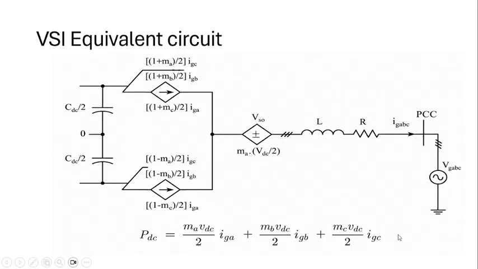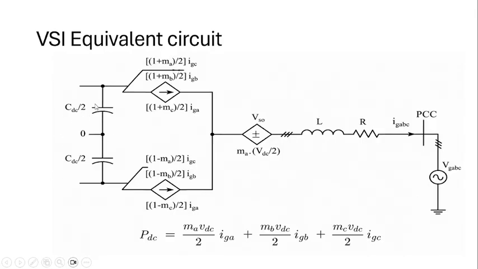So VA IA plus VB IB plus VC IC, all these are grid parameters, collectively together the total power delivered by the inverter, which is equivalent to DC side power. So PDC is equal to PAC, we can say, as the inverter has an efficiency above 95%. So PAC is approximately taken as PDC, so we can write like this. VG at PCC is the grid voltage, PCC is the point of common coupling, and IG at PCC represents the grid currents, and